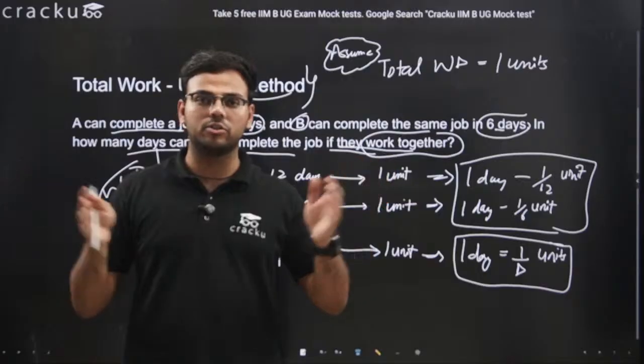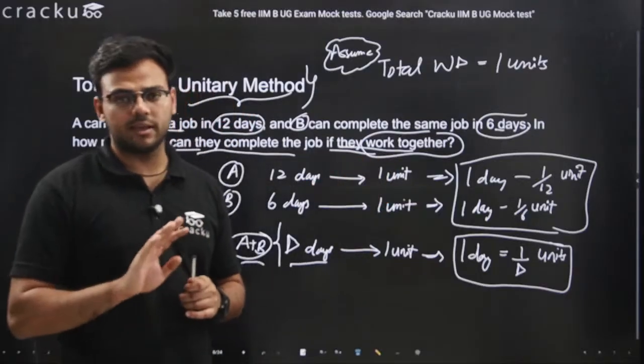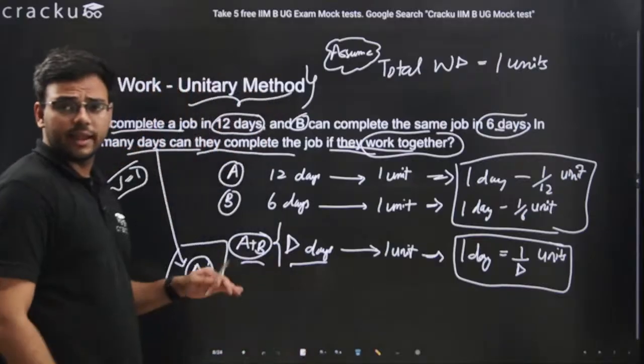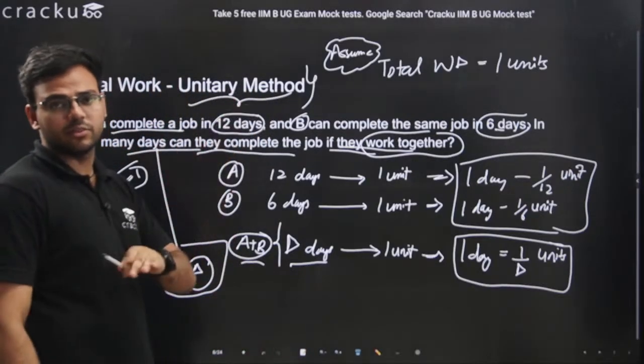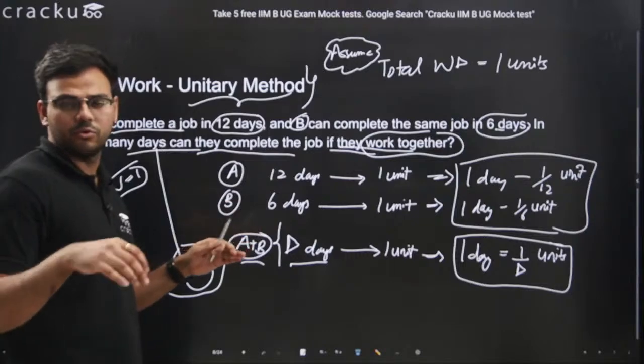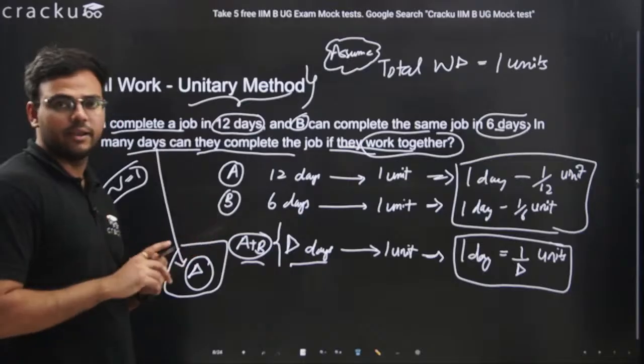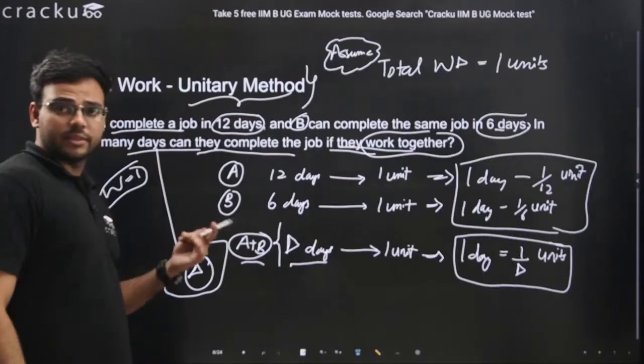So now both of you are working together, and you'll take just half an hour to complete that work. So you cannot just directly add that time. Now 1 plus 1 is not half. When you are working alone, you are taking 1 hour each to complete the work. But when you work together on your homework, you're taking just half an hour.